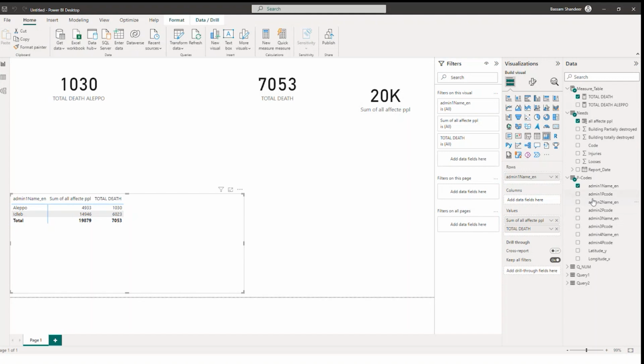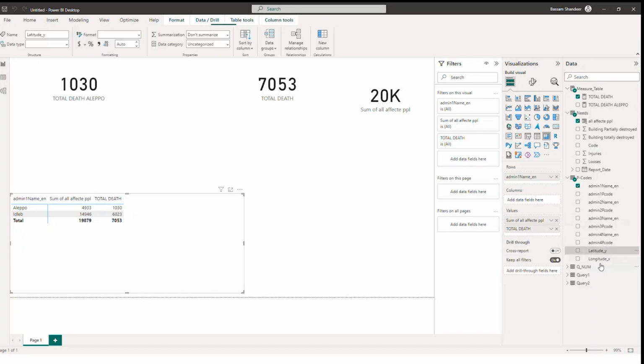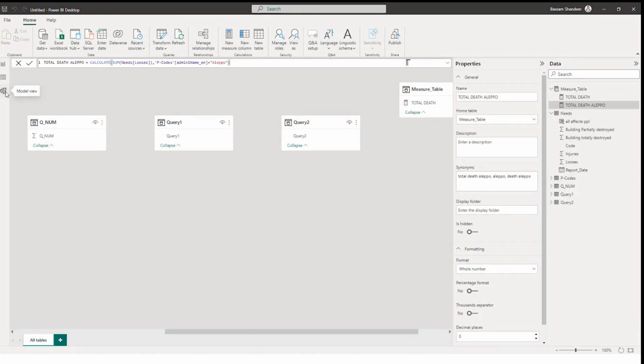Actually, we can do a similar thing. This is a new feature from Power BI. I don't know if you are aware of it. So we can fold our columns into one place. So let's say I want to add these to a folder for the latitude and the longitude. So I should go to the model view, go to this